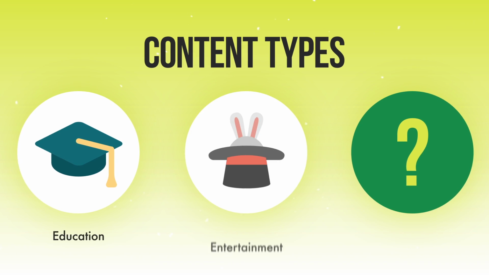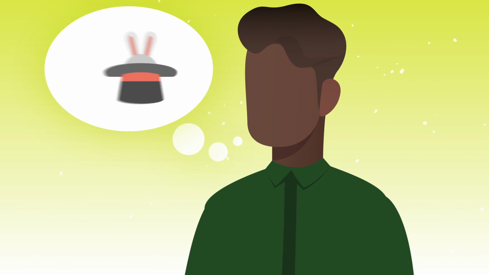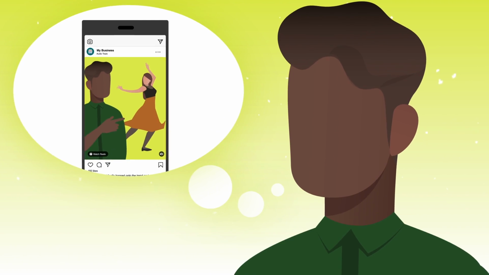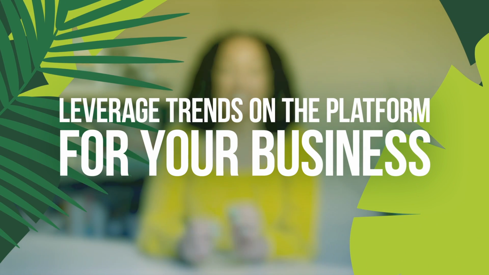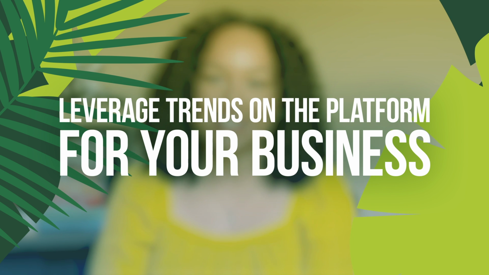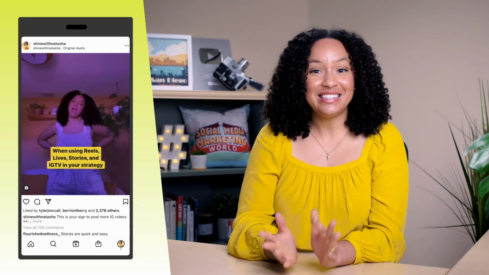So now let's dive into the second content type, and that is entertainment. And this might be what you think about when you think of Instagram Reels, the dancing, the pointing, but I want to preface that you absolutely don't need to do any of those types of video styles. It just means leveraging the trends and the audio and the music to really make sure that you're staying current in the Reels culture. Entertaining Reels are really great for creating that relatability factor because they're utilizing humor and they might have a lot of energy with utilizing dancing or a lot of movement that's really going to draw your viewers' attention to your Reels.